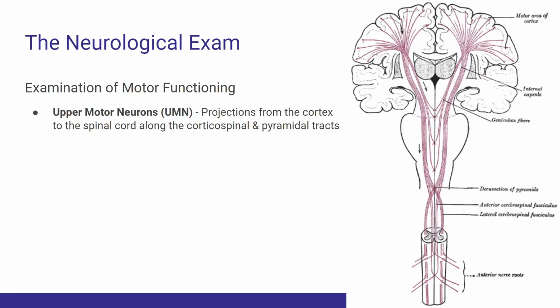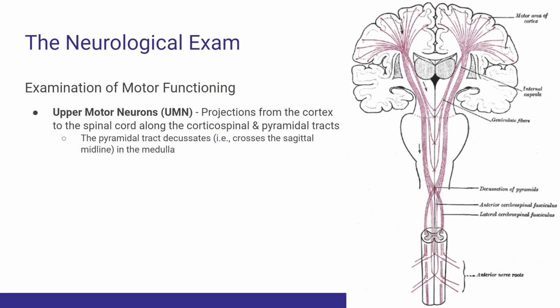So, some important neuroanatomy to understand when it comes to voluntary movement. We have upper motor neurons, which are projections from the cortex to the spinal cord along both the corticospinal and pyramidal tracts. If you note about just below halfway of this picture, there's an arrow that points to the decussation of pyramids. That's where the pyramidal tract crosses the sagittal midline, occurring in the medulla. That's why your right hand is controlled by your left brain and your left hand is controlled by the right